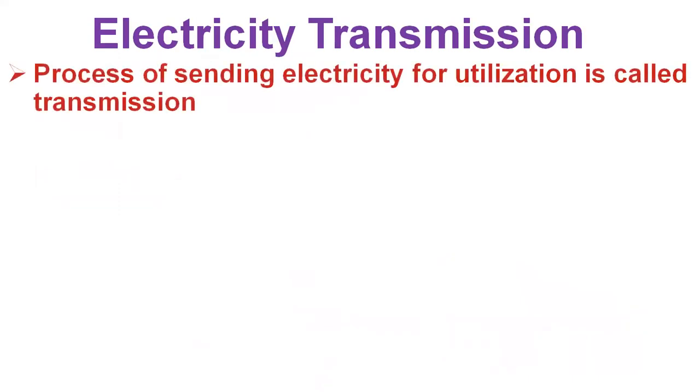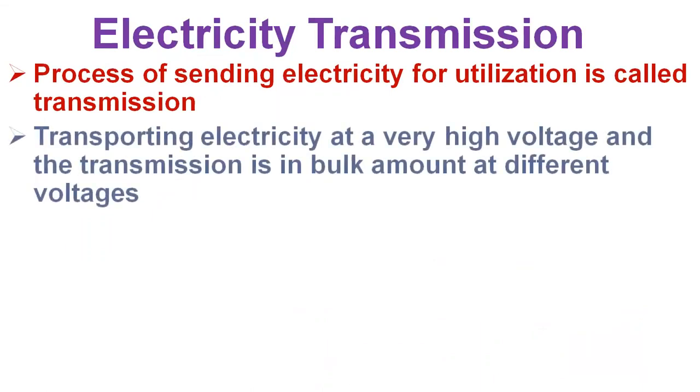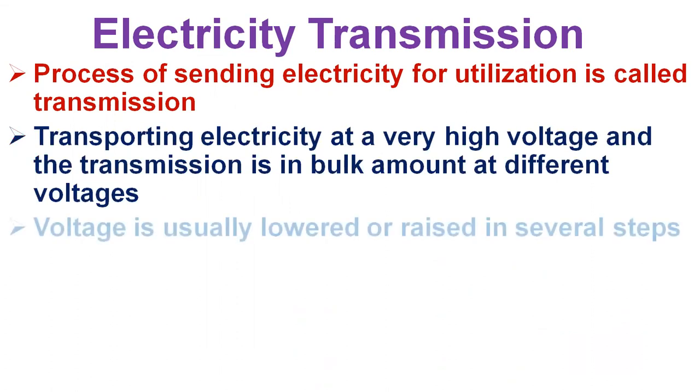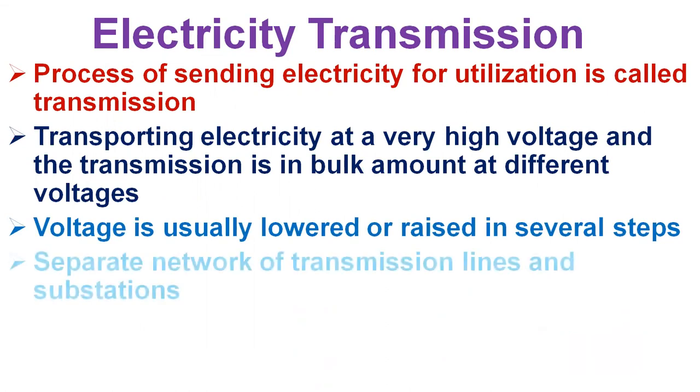Then when it comes to transmission, the term transmission is used for the process of transporting electricity at a very high voltage, and the transmission is in bulk amount. Normally, this is done at different voltages. In addition to transmission lines, electric power supply systems also have power substations, which are used for the conversion and distribution of electric power and for controlling operations of the system,